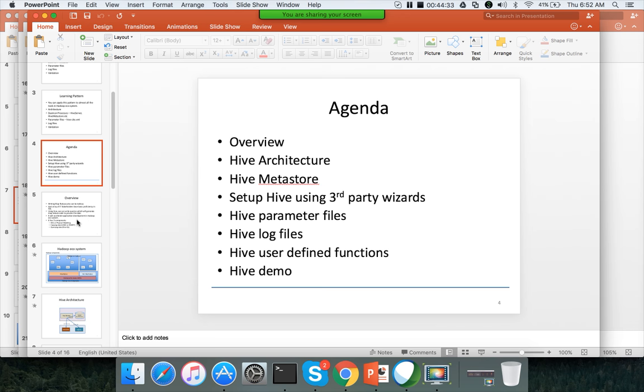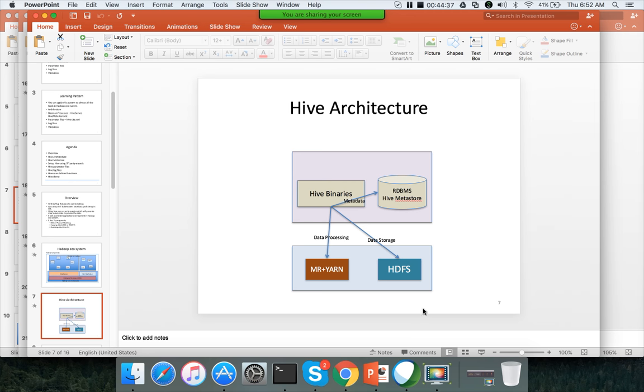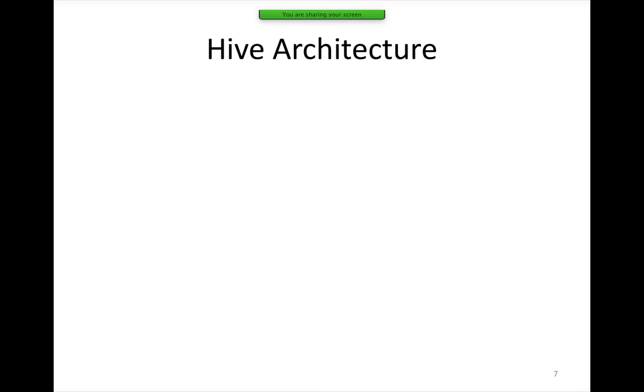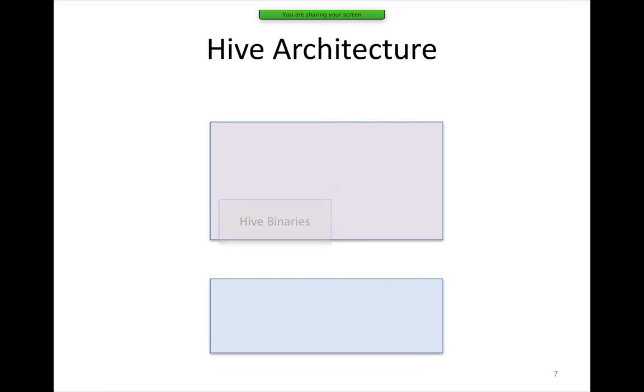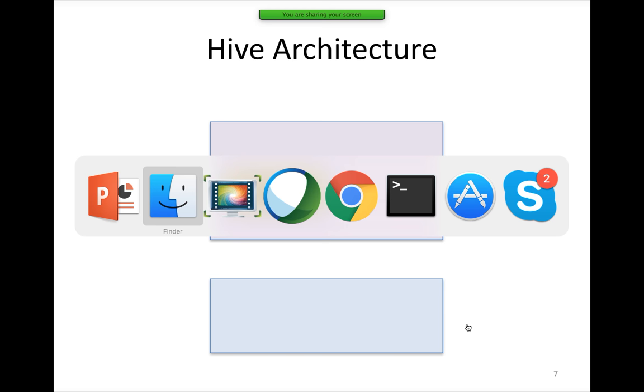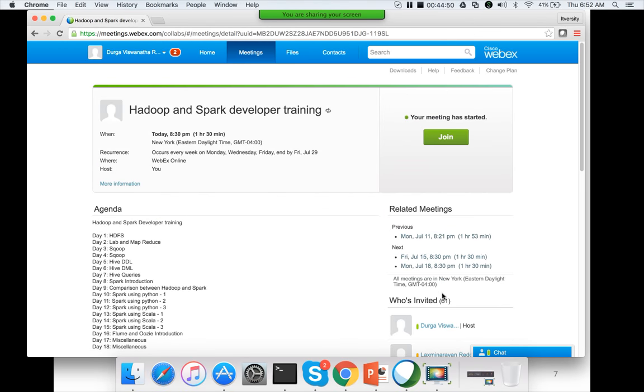Before getting into those details, let us understand the architecture of Hive. So this is the architecture of Hive. You have Hive binaries which will be deployed on the gateway node. So if you go to the lab,